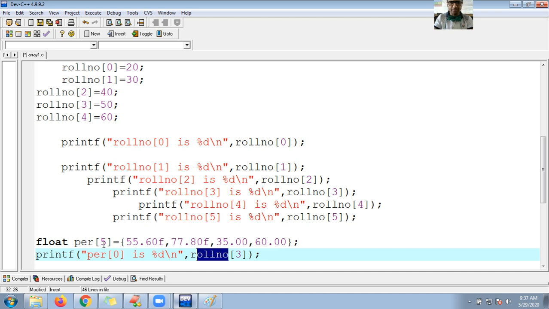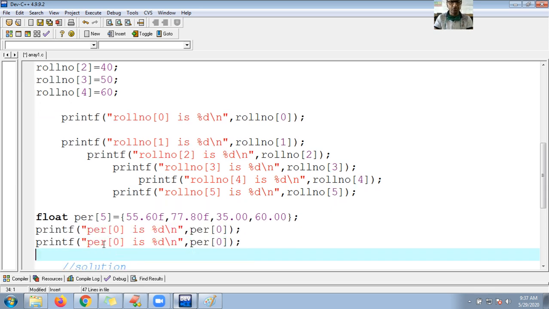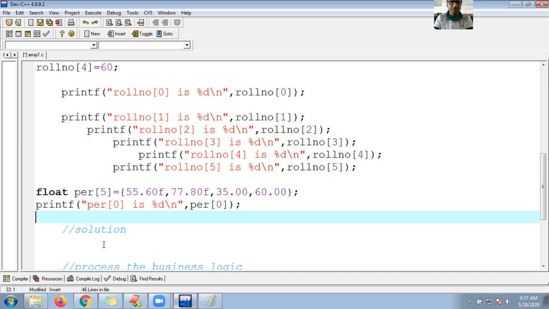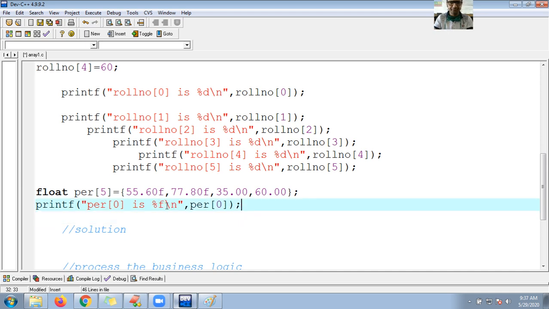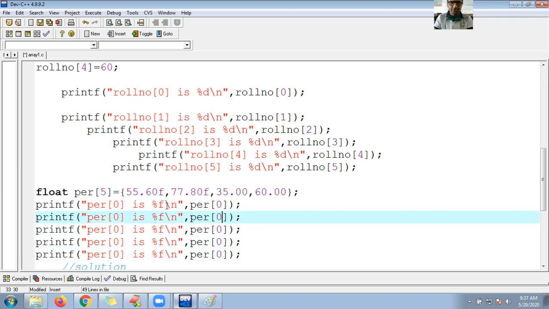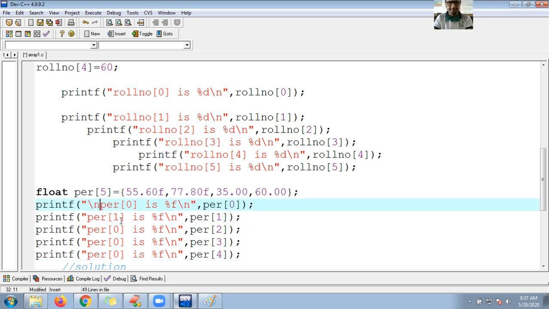And here let me go for percentage of 0, right? Control C, Control V. Oh, Control Z. I need to change to %f, right? Now Control C, Control V. So guys, here is 1, here is 2, here is 3, here is 4. And here is 1, \n. Here is 2, here is 3, here is 4.